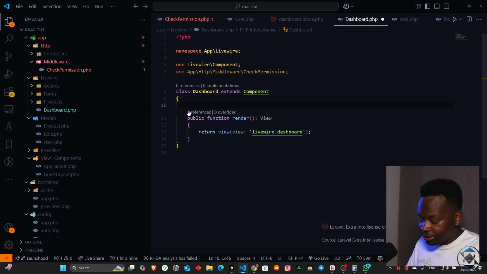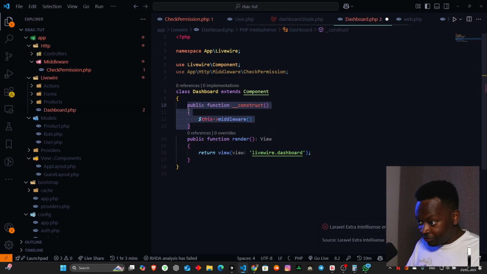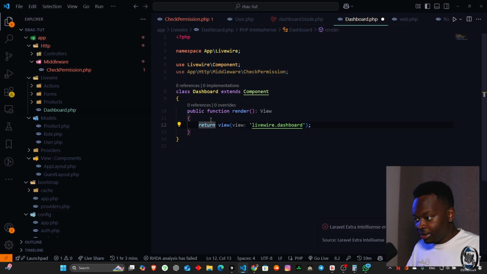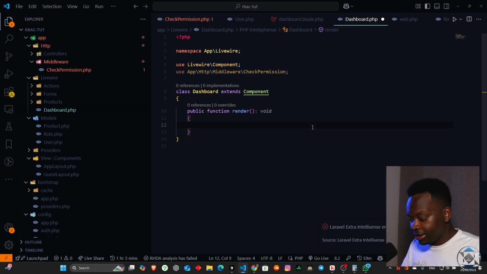And I don't know if I should do this here. I might not do this here. I might actually decide to do this like this. Yeah, I could actually put a middleware in Livewire like this. I've cancelled out all this, and then I'll say